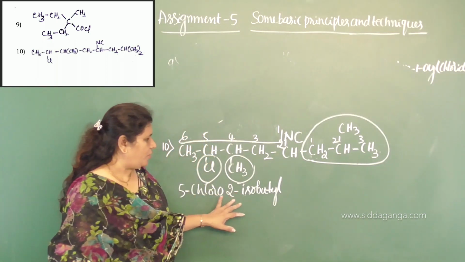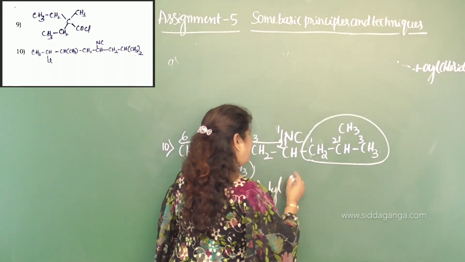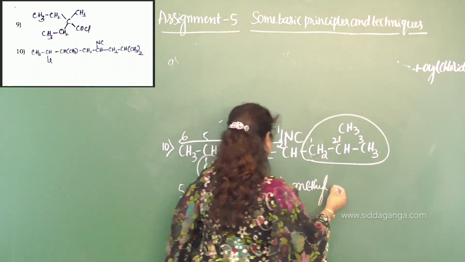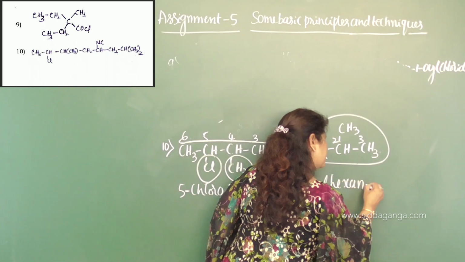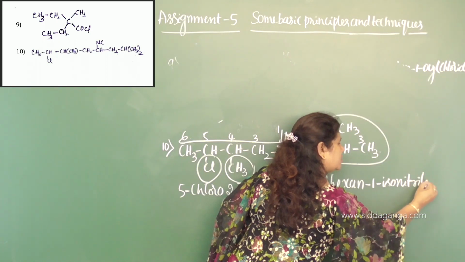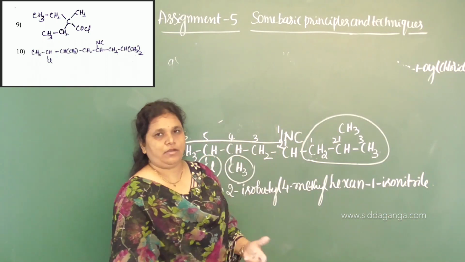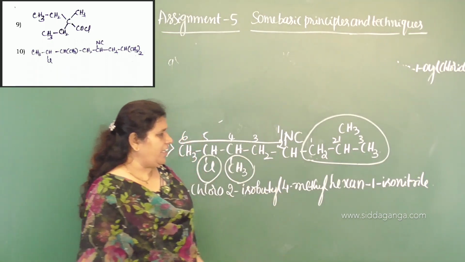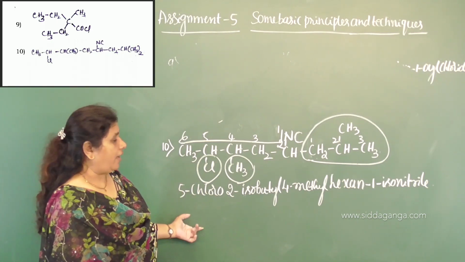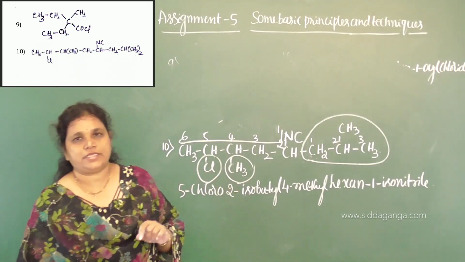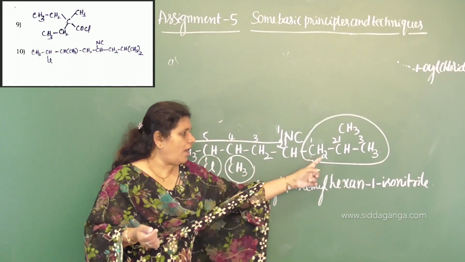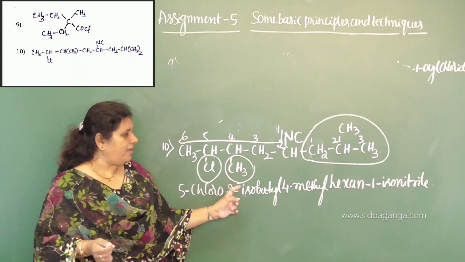So 5-chloro, 2-isobutyl, then 4-methyl, hexane, 1-isonitrile, because it is NC, not CN, therefore it is hexane isonitrile. You need to name it as isonitrile. And the carbon atom of the NC group is also considered part of the root word, therefore the name is 5-chloro, 2-isobutyl, 4-methyl, hexane,